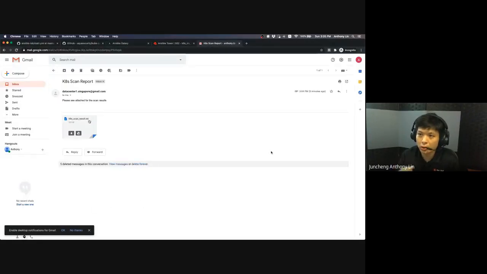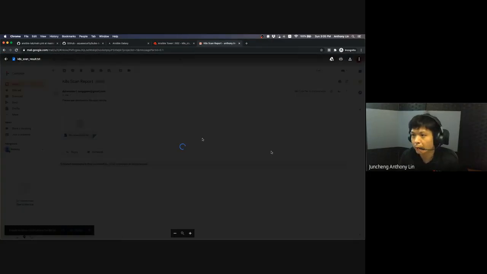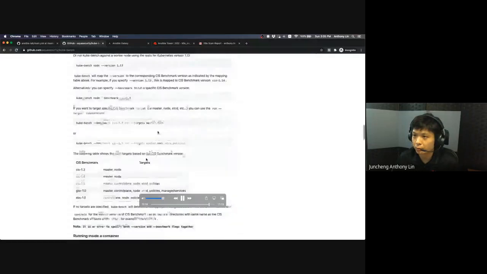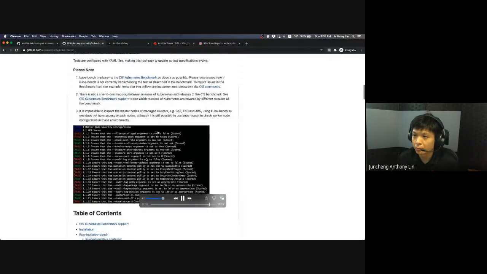So you can see over here that what you have is the scan on this particular node that I built using kubeadm. So the master node. You can see that these are the configurations over here. Not much different from how this thing is running.